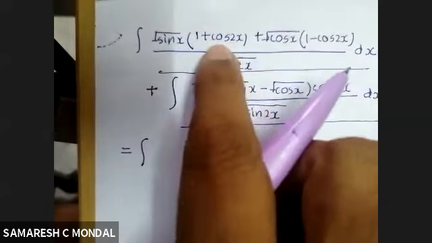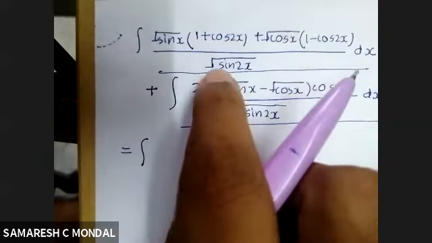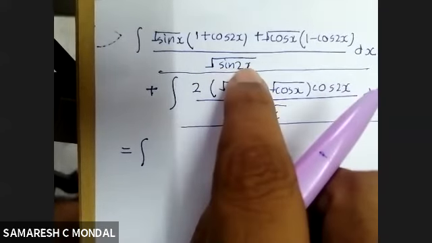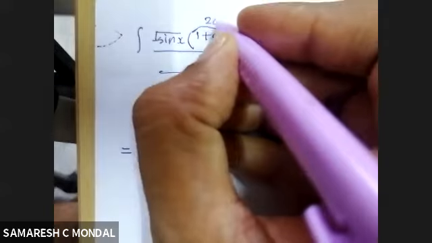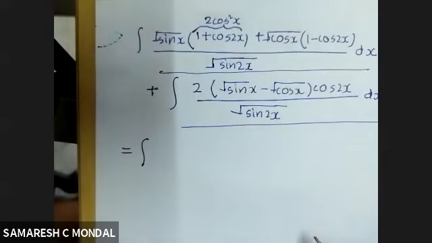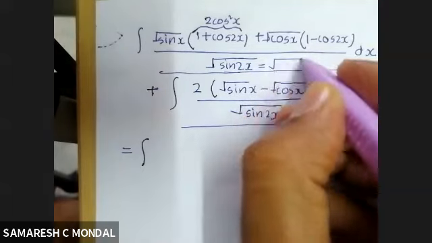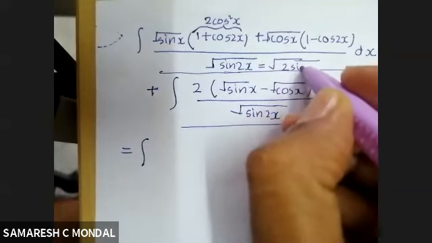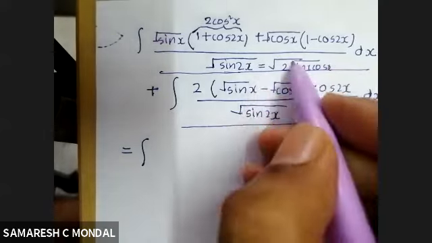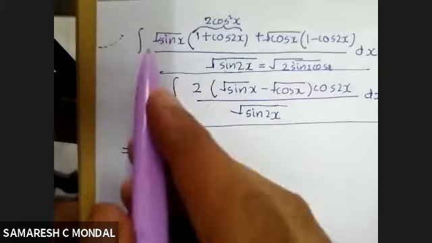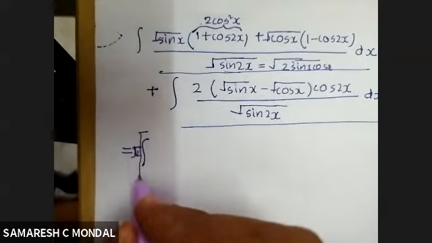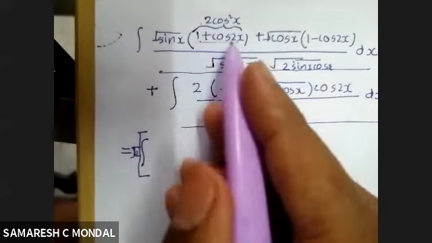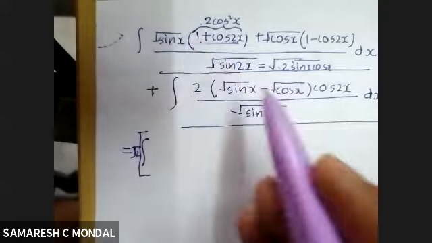If you write 1 plus cos 2x, that is 2 cos square x, and sine 2x as 2 sine x into cos x. I repeat, here root sine x is there, here 2 cos square x is there, isn't it? This part will be 2 cos square x, and this part will become 2 root 2 sine x into cos x. If you split it, first root 2 sine x, so root sine x will get cancelled. 2 by root 2 is root 2, which I'm taking outside with a big bracket. Root sine x gets cancelled, and here 2 cos square x will come, and